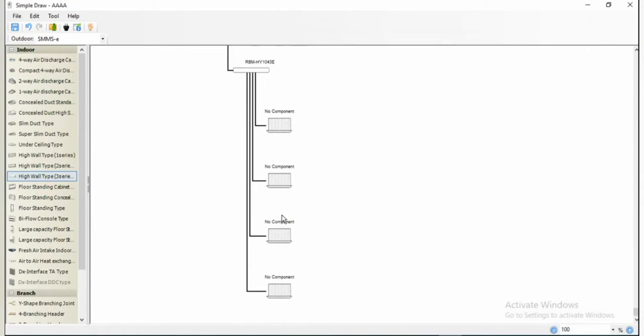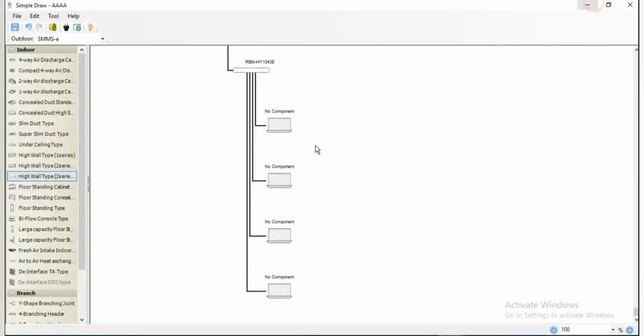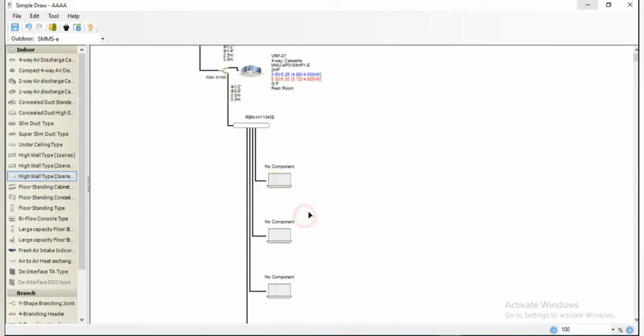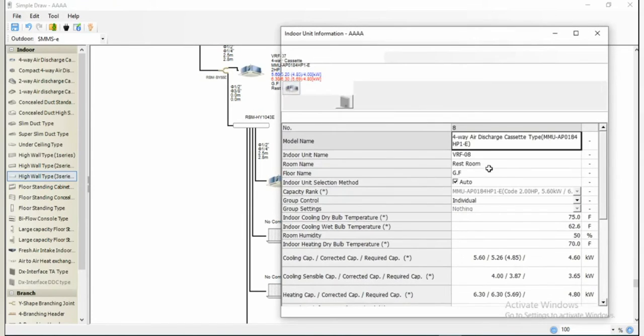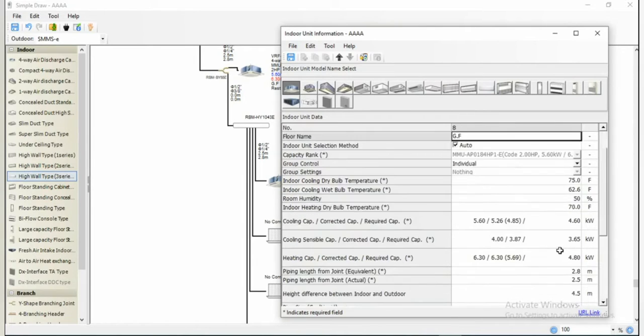So there are 4 more indoor units which we have to add over here. So what is our next space? That is smoking room. So I'm gonna use cassette type here again. Copy data and paste on this dummy unit. Then double click to edit the data. This is our VRF 8, and this is our smoking room, same ground floor, auto selection method, and